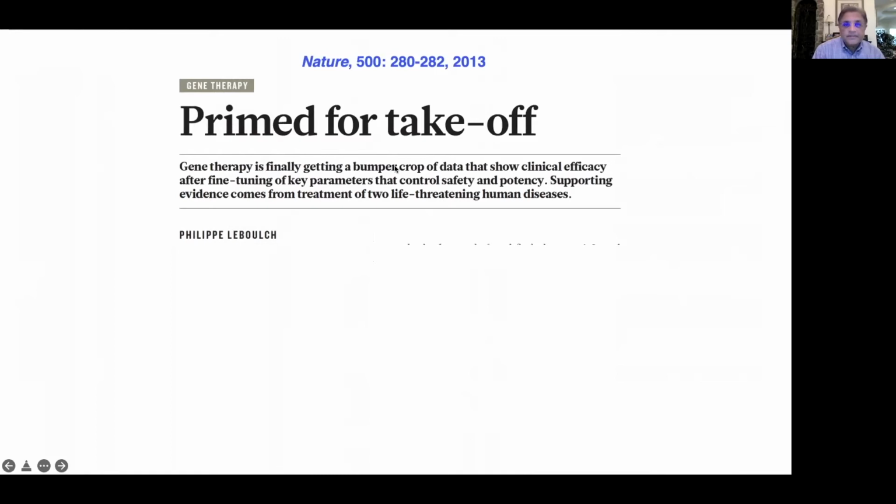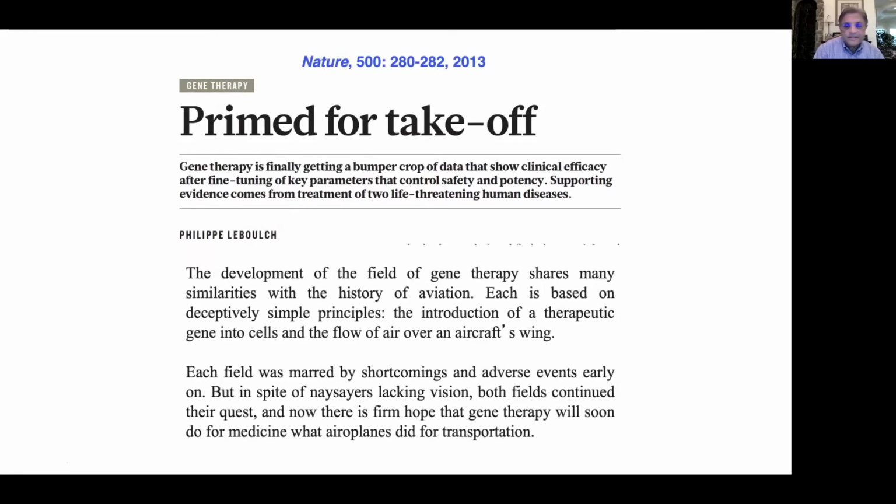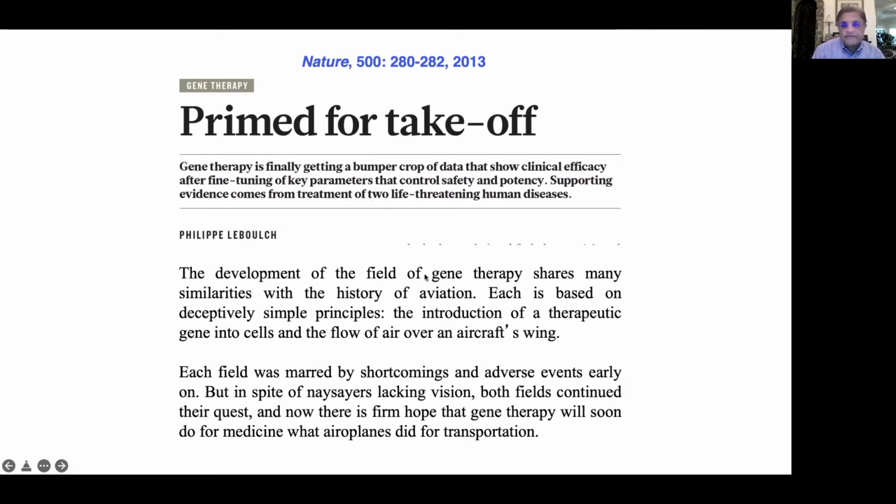So gene therapy is finally getting a bumper crop of data that show clinical efficacy after fine-tuning of key parameters that control safety and potency. Supporting evidence comes from pediatrics of 2 life-threatening human diseases. So he ends this commentary by saying, the development of the field of gene therapy shares many similarities with